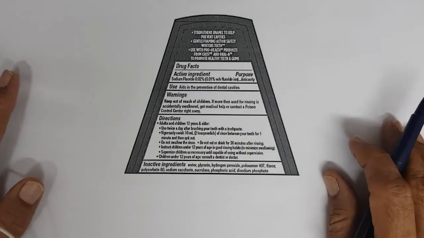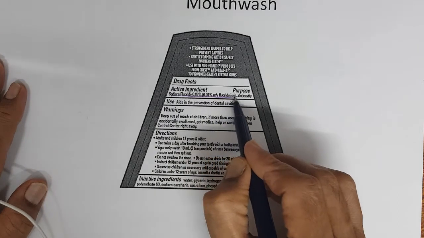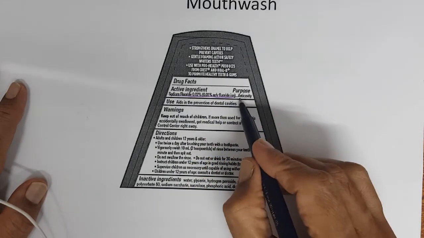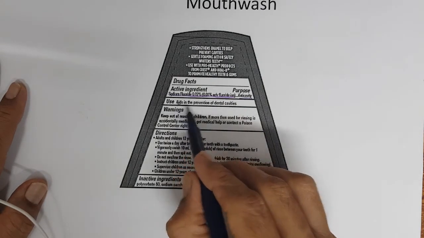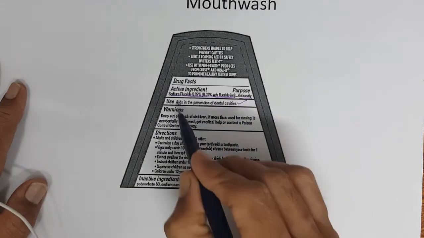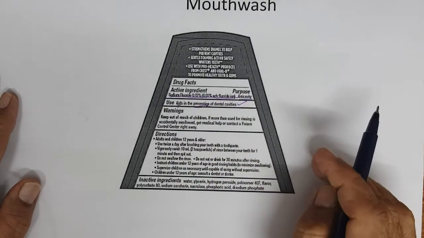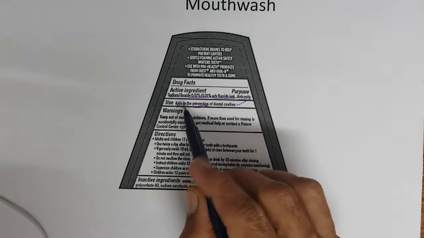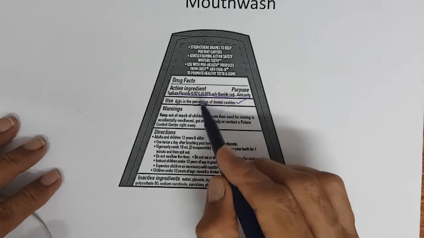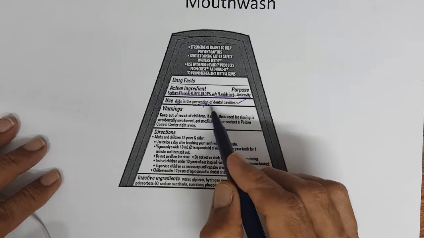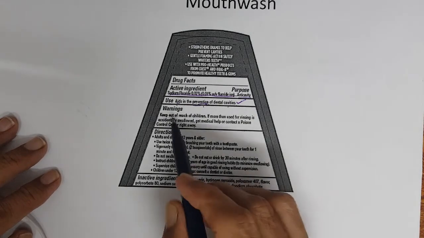This is the second mouthwash. The active is fluoride, sodium fluoride. Okay, for anti-cavity, teeth cavity. Right? Aids in prevention of dental cavities. Aids in prevention, not treatment. That is what you have to be very careful about in claims. Aids in the prevention of dental cavities. If you continuously use this mouthwash, it aids in prevention, but it doesn't treat. If it treats, it becomes pharmaceuticals, right?